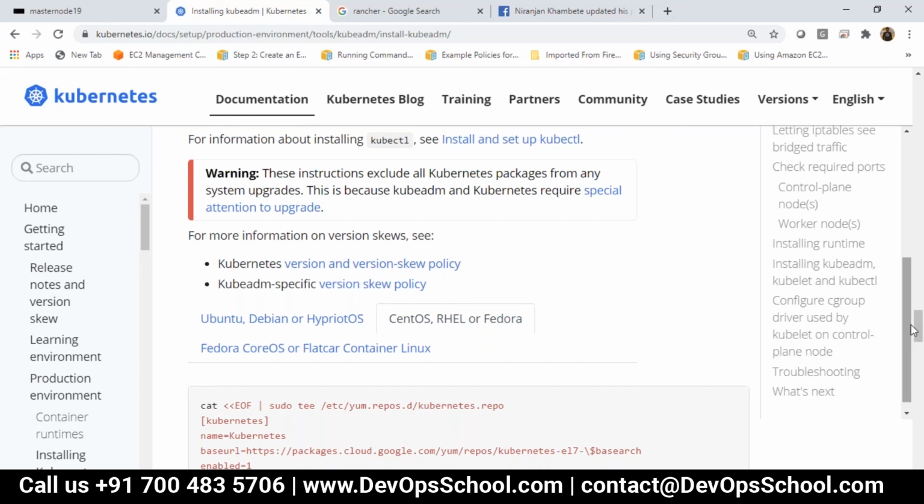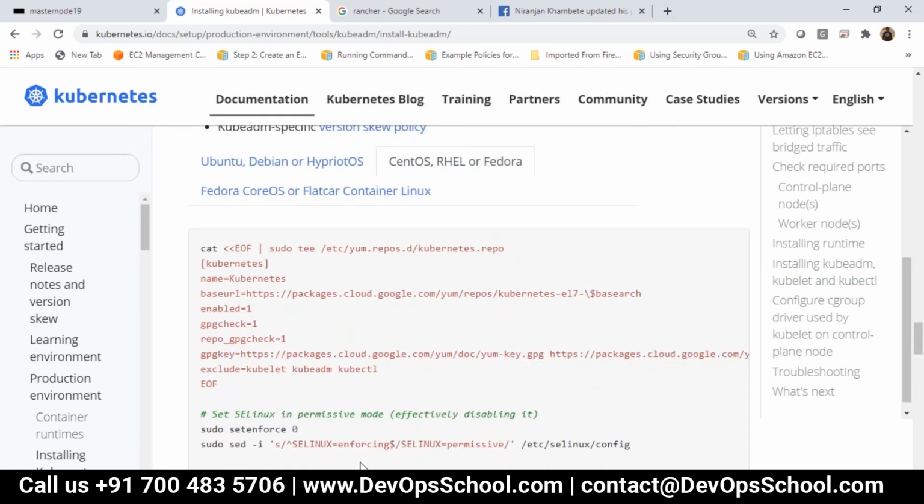Gopal, so what do we need to do on that second cat command? Remove this exclude line. Then only if you run yum install, Kubernetes is going to be installed. Otherwise,